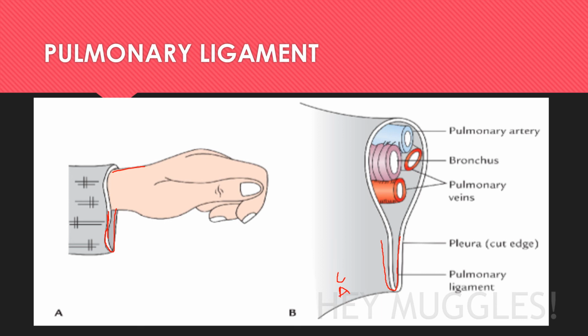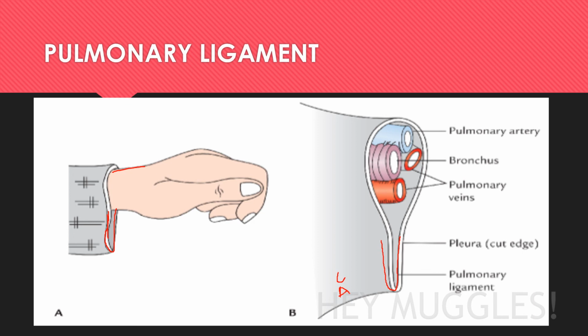So basically, it has two functions. It provides a dead space in which pulmonary veins expand during exercise when there is increased venous return. And secondly, it allows descent of your root of the lung and your diaphragm during inspiration, right? So it is performing two major functions. First is providing a dead space to increase the venous return during exercise, and secondly it is allowing descent of your root of the lung and diaphragm during inspiration.